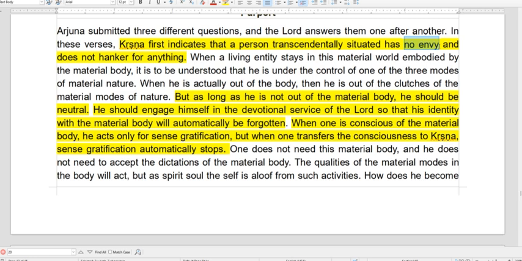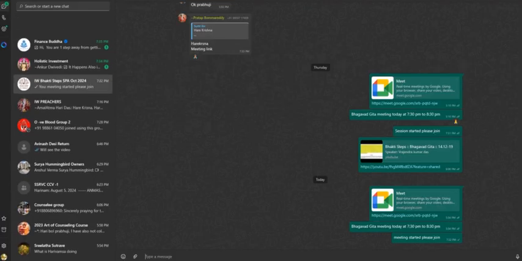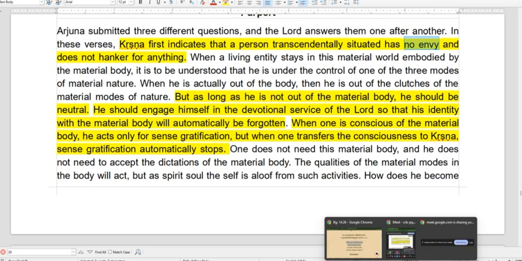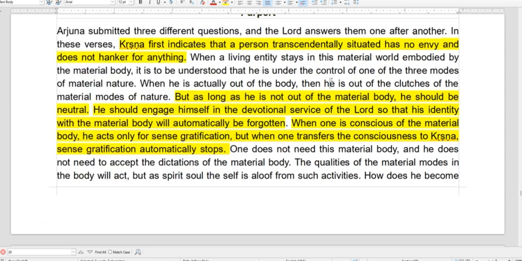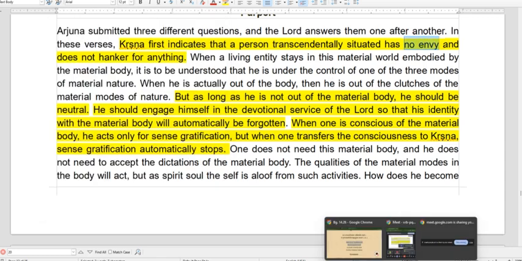Why he got, why I didn't get? That is envy. So someone who is above envy,